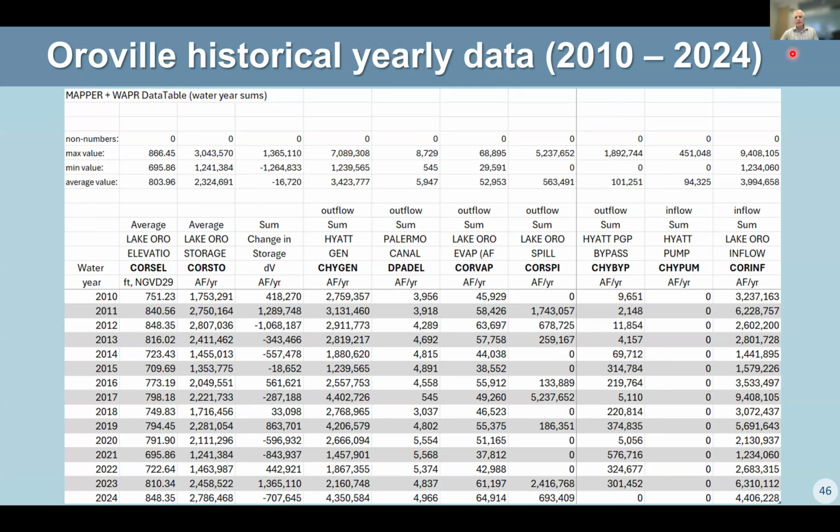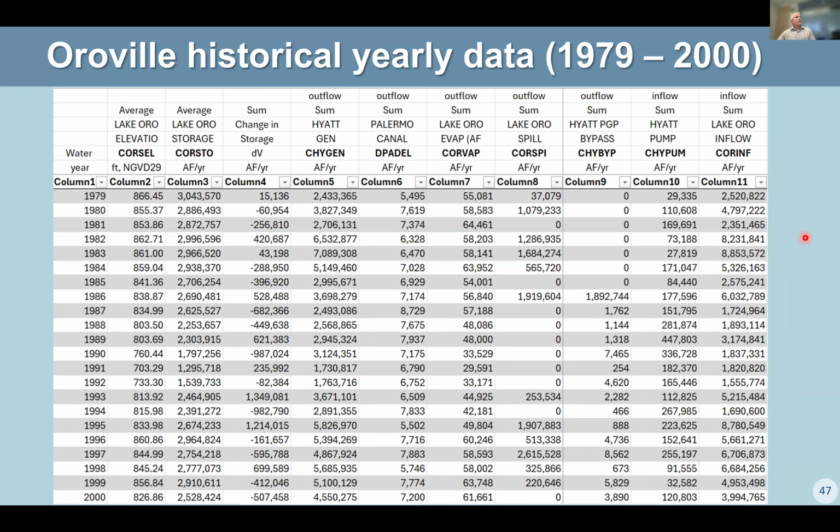So that's what I'm showing here. This is from 2010 all the way to just 2 years ago. You can see the variability in the actual water that's coming into the reservoir. That's just the way it is. And we have this data since '79. You can see,